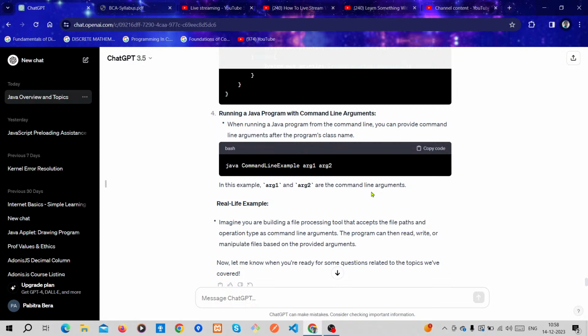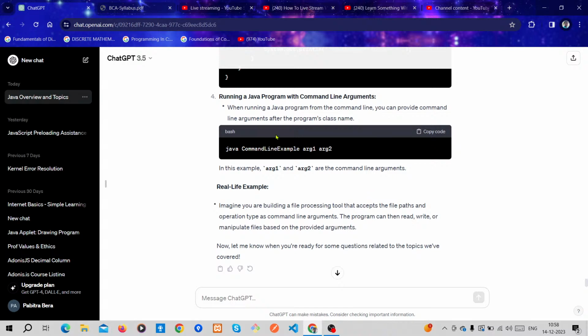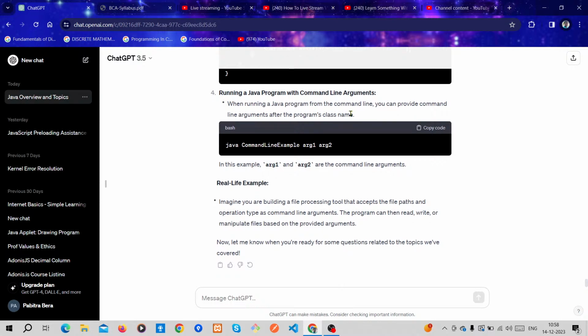Running a Java program with command line arguments: when running a Java program from the command line, you can provide command line arguments after the program's class name.